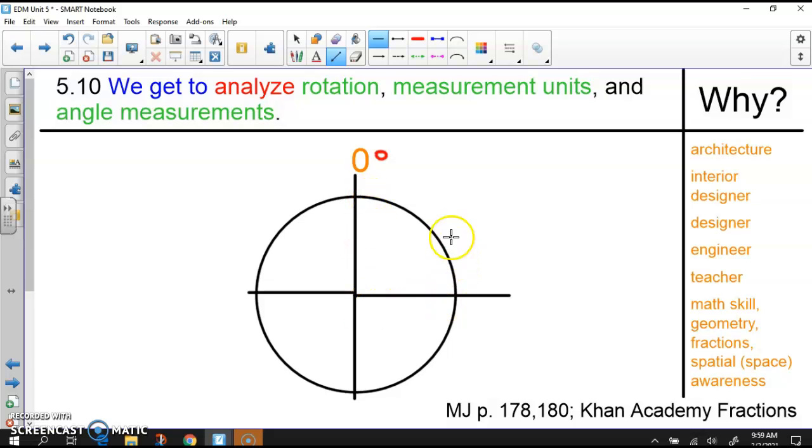So I know we think about these areas as the fourths, but we can also draw the line and think about it as a fourth of the line. Like if I flatten that circle out, right? If I flattened it out and I drew those lines where they were, it would look something like just this fourth quadrant like that. So when I say quarter turn to the clockwise, it's going to look like this. But there's one more really important thing that you have to put there, and it's not that,